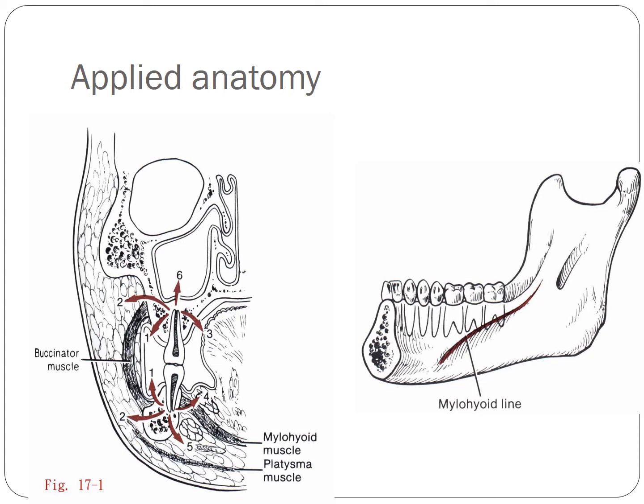So now you can notice that the muscle attachments can play a very important role in the spread of infection. And the path of infection is always through the least resistant path. Okay, so it can go along the muscle attachment and it can go into the tissue spaces and manifest as a cellulitis or an abscess.